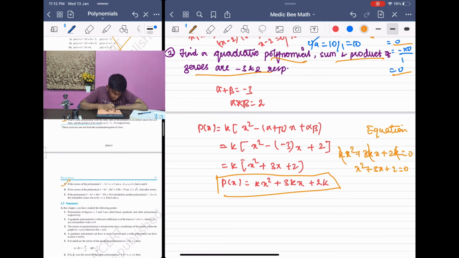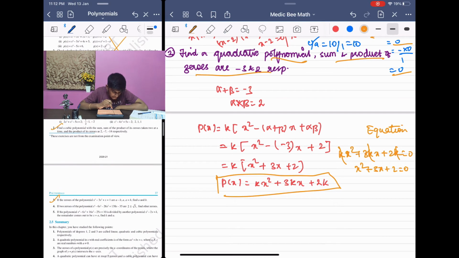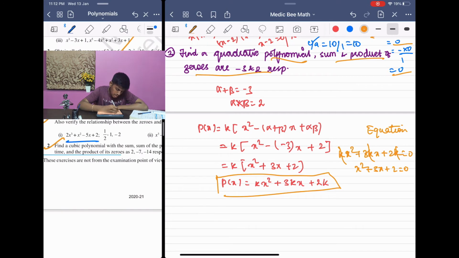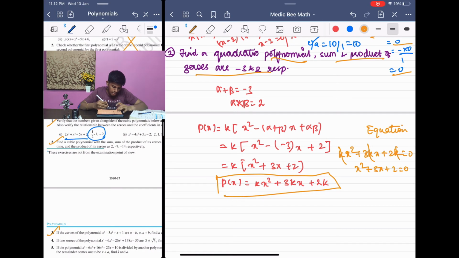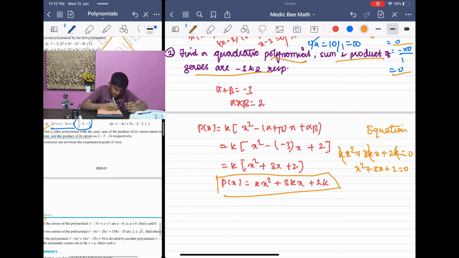Verify that the numbers given alongside are zeros. Also verify the relationship. So they have given you a cubic polynomial and 3 roots of it. Just verify them, like I said, alpha plus beta plus gamma, alpha beta, and all that, using that formula. Second one, find a cubic polynomial with sum of the zeros,